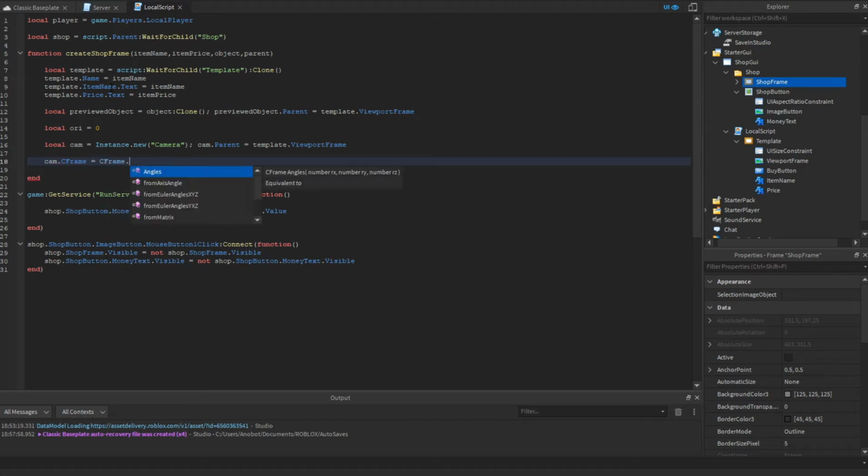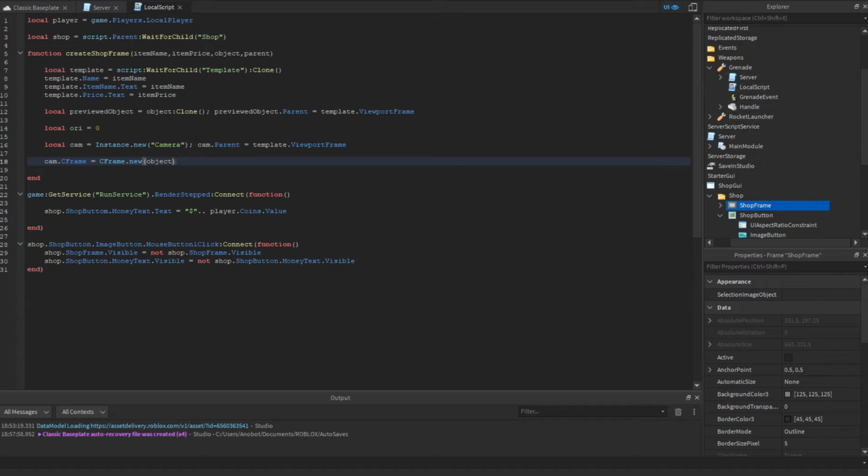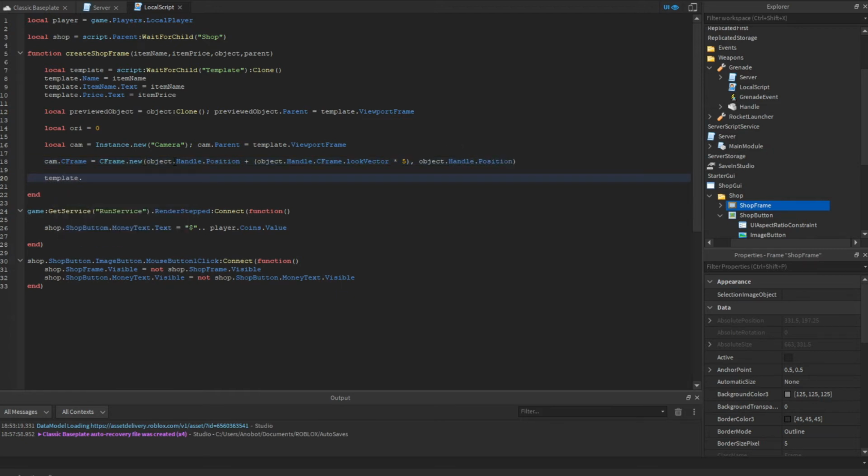Then we'll say cframe.new. Then we're going to say object. So to get the object.handle, it needs to be a handle. So object.handle dot position. And then we're going to add a plus, and then we're going to add an offset. We're going to say object.handle.cframe.look vector, and then we're going to say times it by 5. You can mess around with these positions, whatever you want. And we're going to say object.handle.position. So once we've done that, let's go ahead and set the viewport frame current camera to the camera, so it will display the